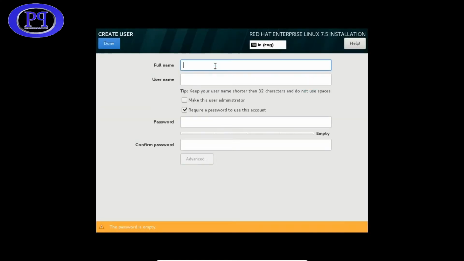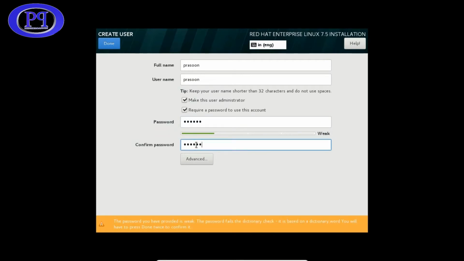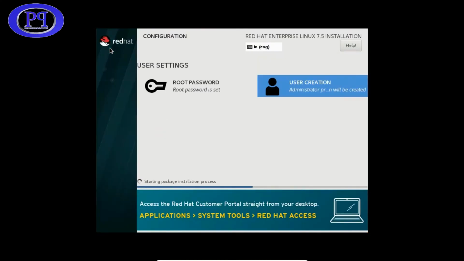And here I am creating a user. I will just keep my second name here, Prasoon. I will make this user an administrator, so I need to check that box. And here I'm setting the password of my own choice, after which I will click on done 2 times. So the root password and the user creation is completed, and now it will take nearly 20 minutes to complete